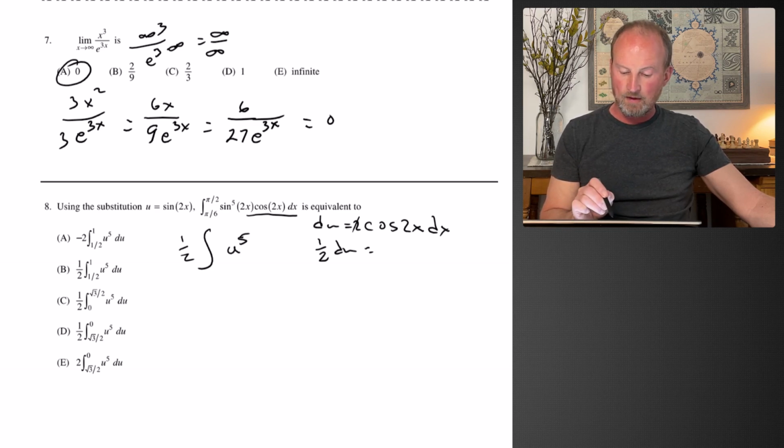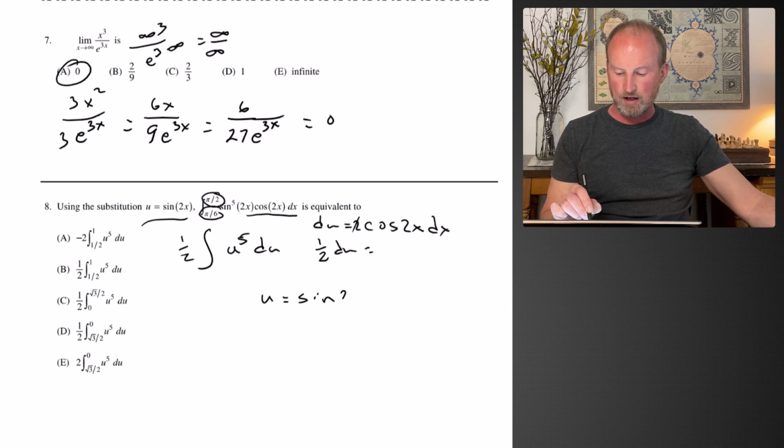Now, these upper and lower bounds are in terms of x. We have changed our integrand to be in terms of u. So I need to change my upper and lower bound to match. So here's my definition of u. u is equal to sine of 2x. So u is equal to sine of 2 times pi over 6, which would be pi over 3. And sine of pi over 3,